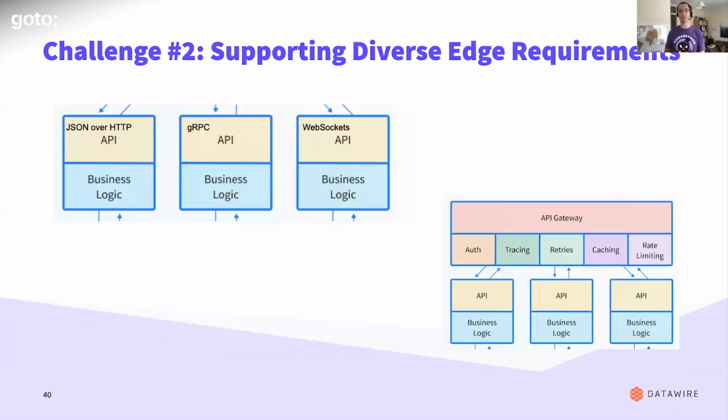I've hinted a couple times, no longer are we just doing classic REST-like JSON over HTTP. A lot of folks are bringing in gRPC. A lot of folks have got WebSockets as well. And I've seen some problems where folks have got old gateways, maybe they've built them themselves, and they only support HTTP 1.1. And to do gRPC properly, you need HTTP 2 support. If you suddenly go, hey, we're deploying a gRPC service, and your ops team says, oh, this gateway doesn't support it, that can be a massive blocker.